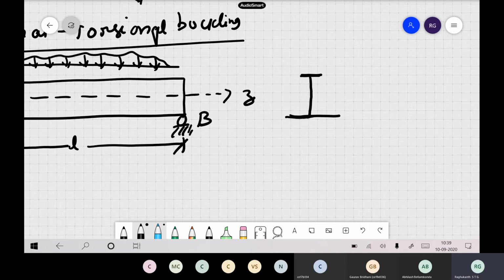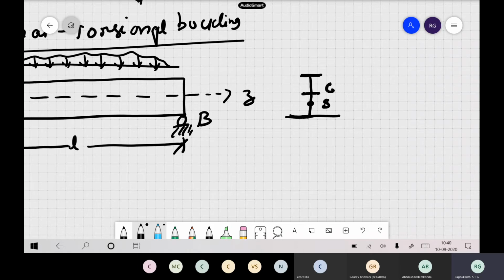So what happens when they are different? If the centroid is here, say C, because of this the shear center will be different. All of you know these things. So this will be your shear center. Suppose the top flange and bottom flange are both the same, then obviously C will be equal to S. So our derivation is more generalized. Of course, if you make the flanges the same, C is equal to S, and you can solve it on your own. Like we did the derivation previously, we did it for unsymmetric, then we collapsed it to doubly symmetric, singly symmetric, like that. So this derivation is much more general.